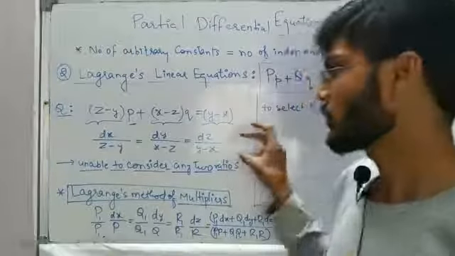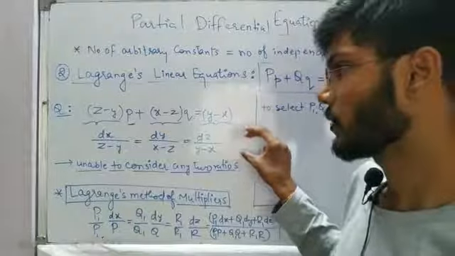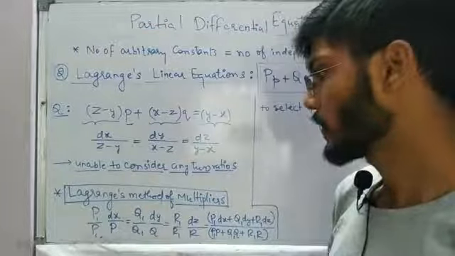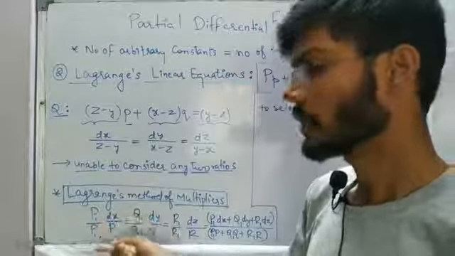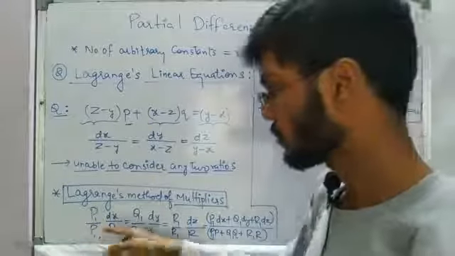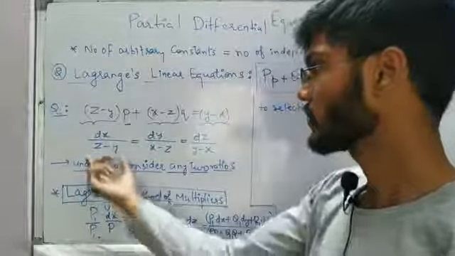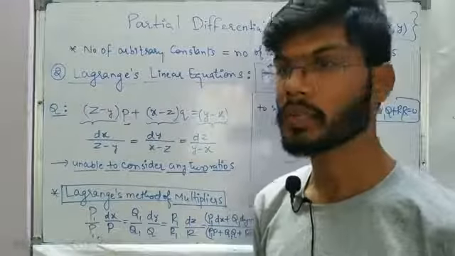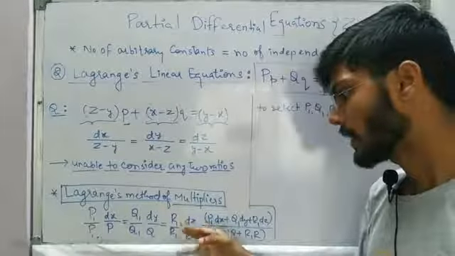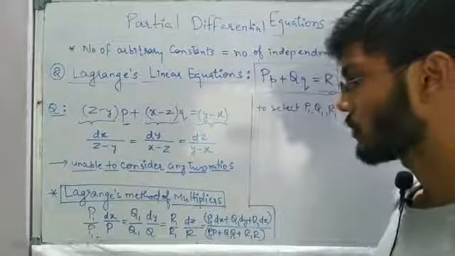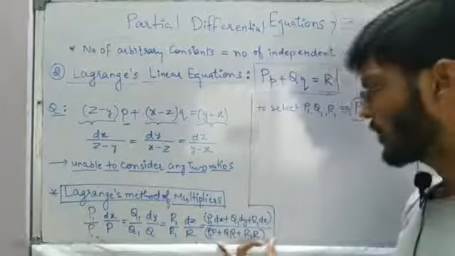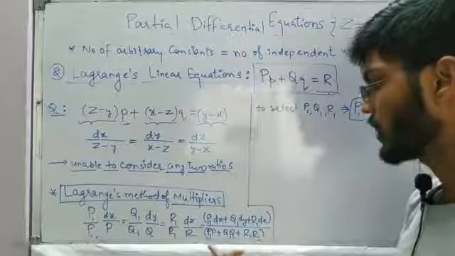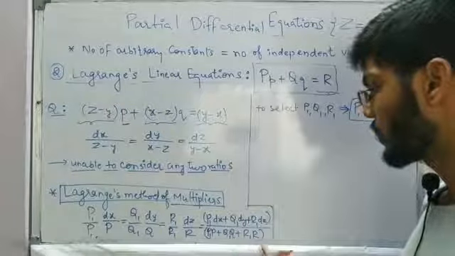What we have to do is make a little modification in this Lagrange's auxiliary equation to come up with the solution. We multiply with p1 in both the numerator and denominator. So p1 and p1 get cancelled, and this is nothing but dx upon P only. In the second case, we multiply with q1 in the numerator and denominator both, and here we multiply with r1. So we equate it as p1 dx plus q1 dy plus r1 dz divided by p1 P plus q1 Q plus r1 R.